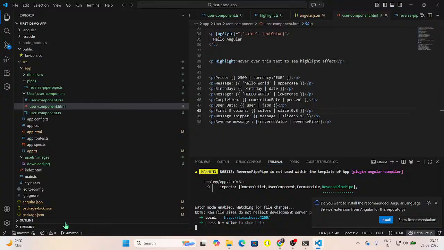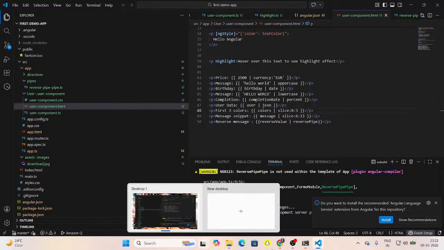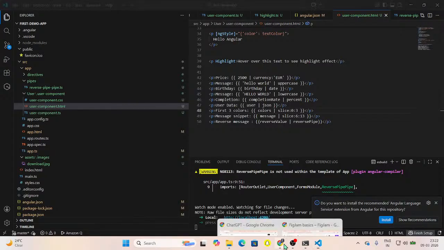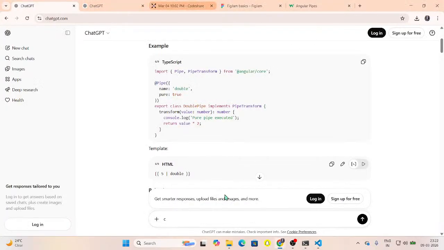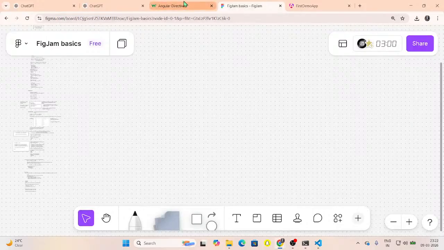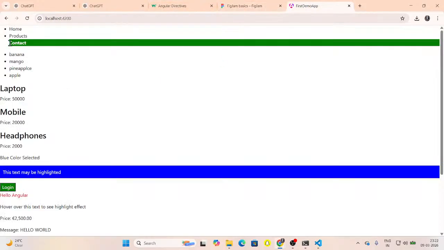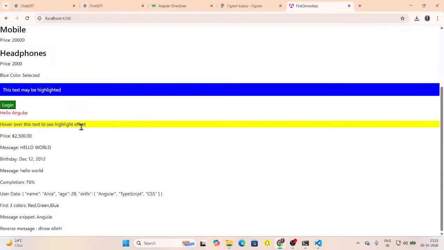Okay, there is a warning. Ignore that for now, and let's check if our application is running or not. I think on the different page we have an Angular application which is running. Okay, yeah, we are able to run this application. Now, what we are going to do here,